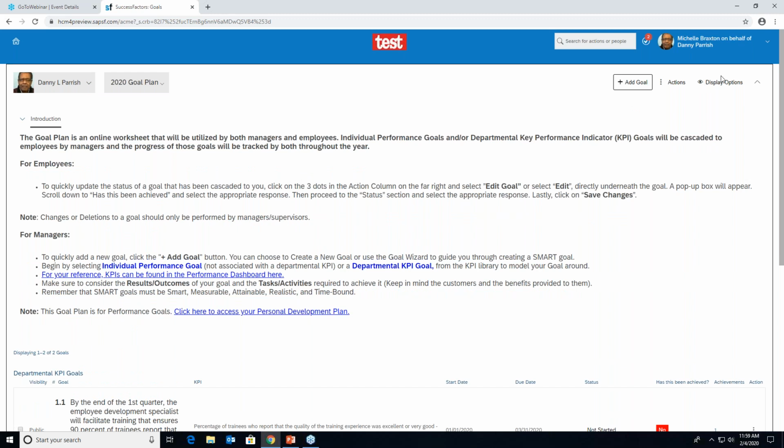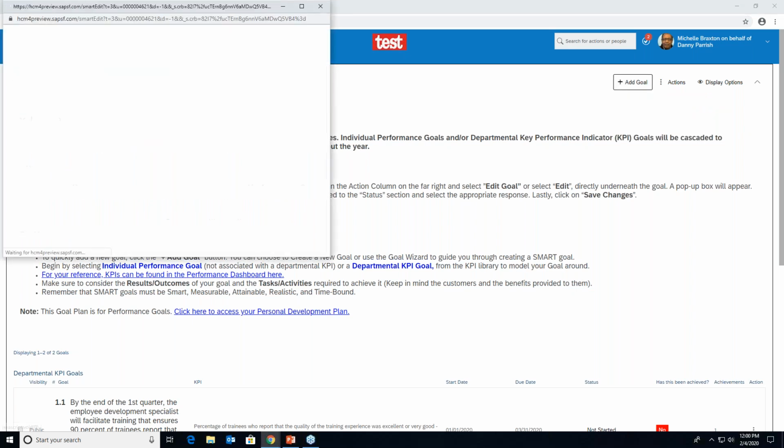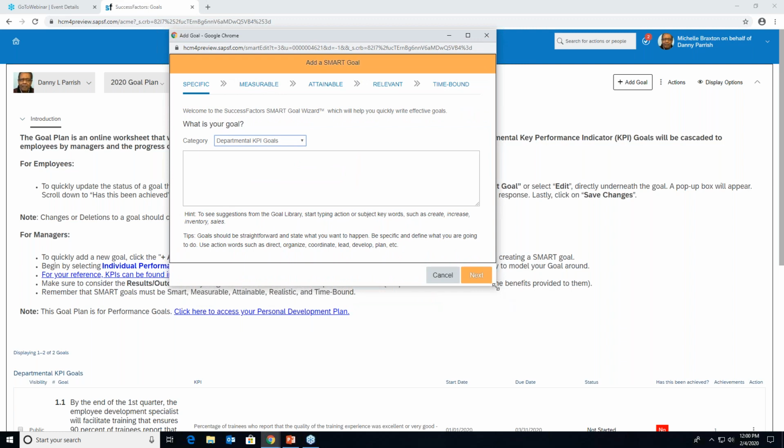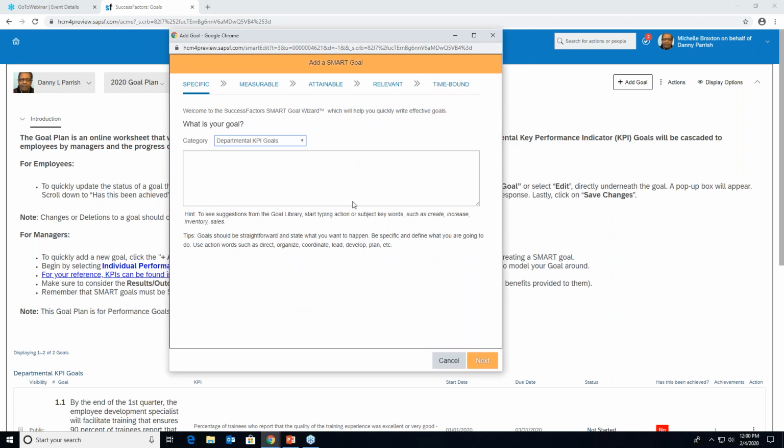So let's talk about how to create a goal. There are several ways to create a goal. In the top right-hand side, if you click add a goal, there are two types listed: create a new goal or goal wizard. If I select goal wizard, then it pops up a box, and this actually takes you through the steps of a SMART goal.